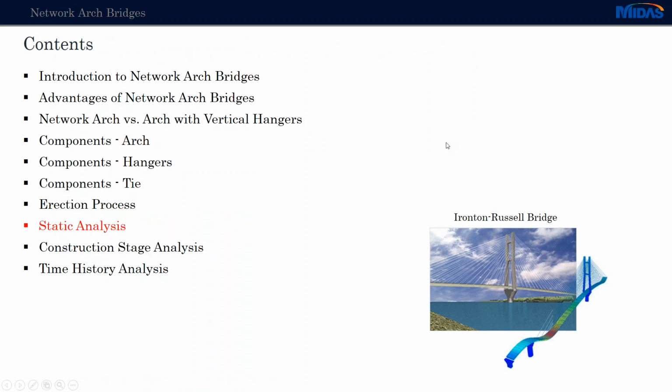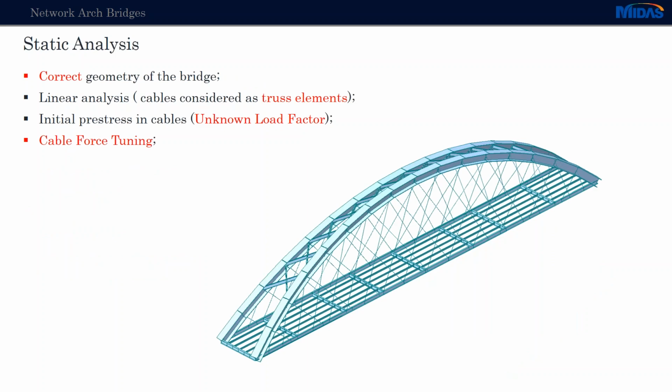Now let's look into the analysis types needed for this type of bridge. For this, we have mainly three analysis types. We have the static analysis, construction stage analysis, and a time history. The static analysis is used in order to get the hanger arrangement. Firstly, we get the hanger arrangement on the static analysis, and this type of analysis uses the correct